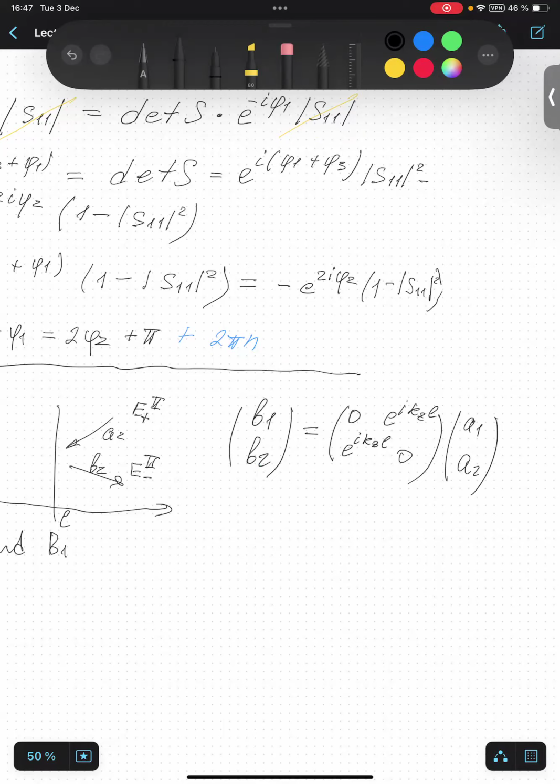Is it clear that we have the same sign in the exponent? Well, it's obvious because k_z changed direction, and also z changed direction,